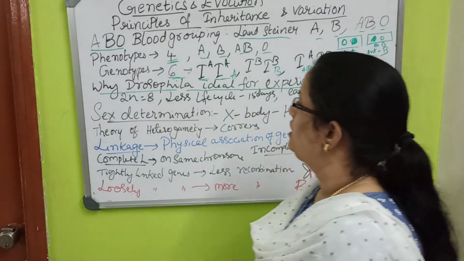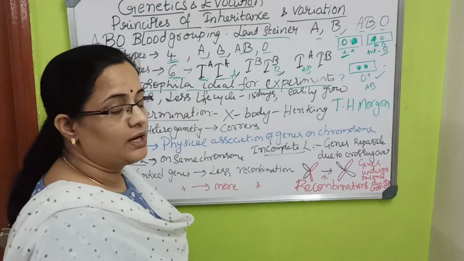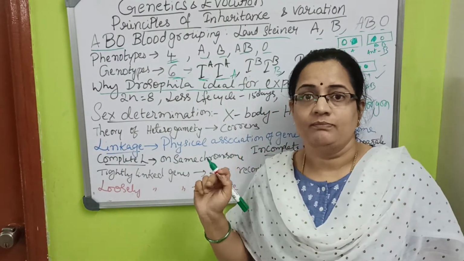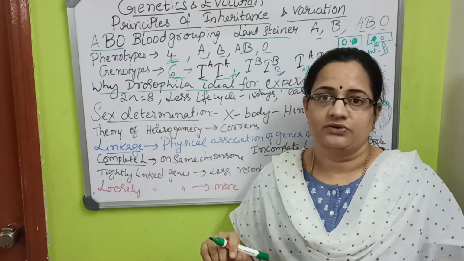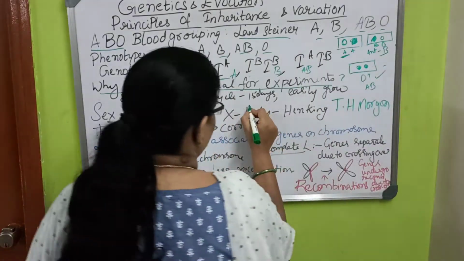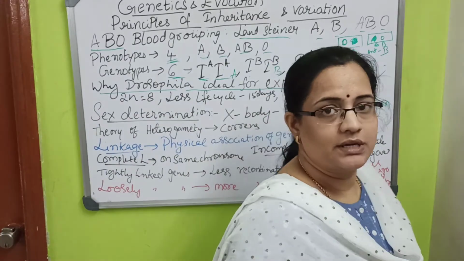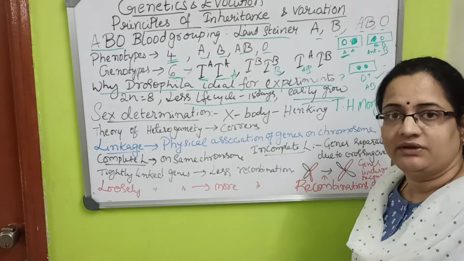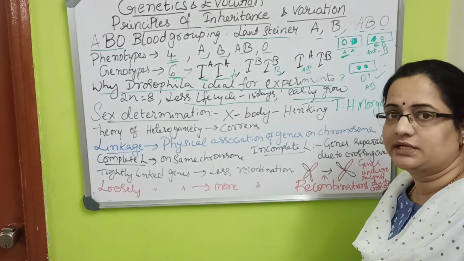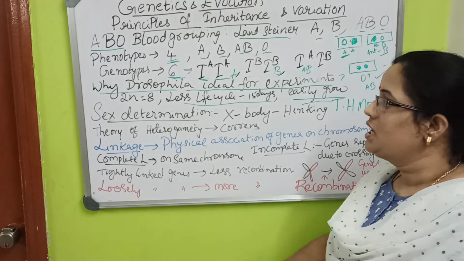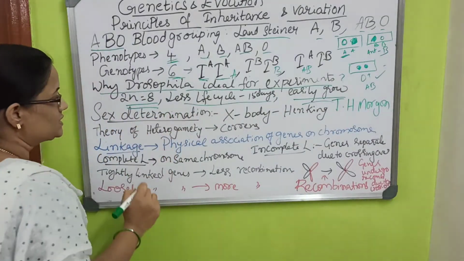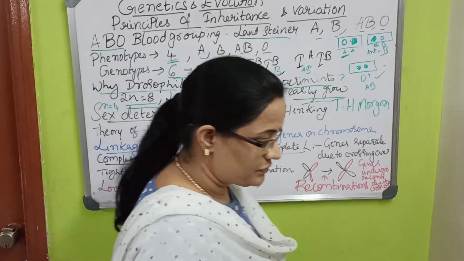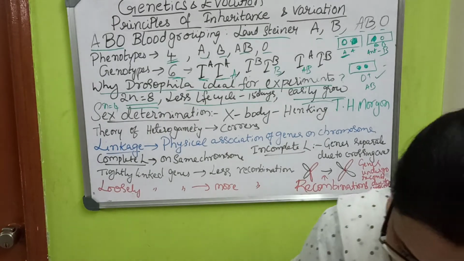on Drosophila. Why did he take Drosophila? In the laboratory, if you keep the eggs in a culture medium, they grow easily and immediately, in a day. The life cycle finishes within 15 days, very easily; the insect is born and dies and the cycle finishes. The chromosome number is 2n equal to 8, so n is equal to 4.